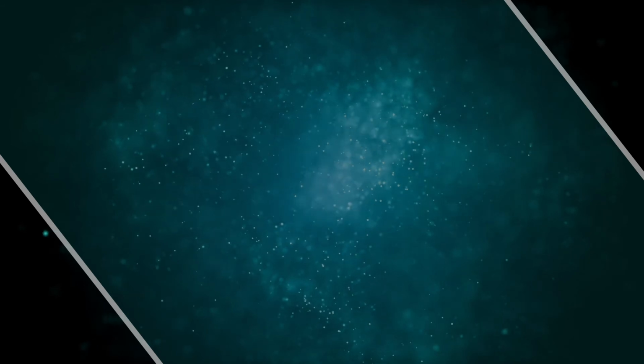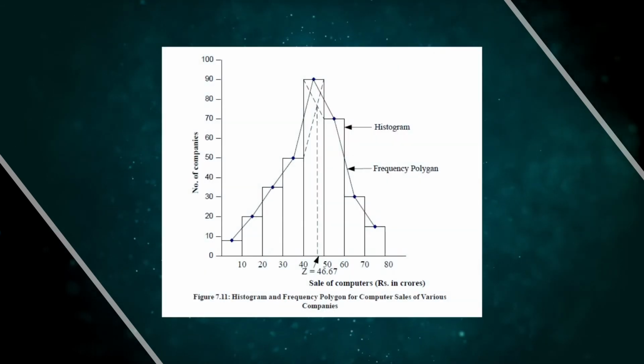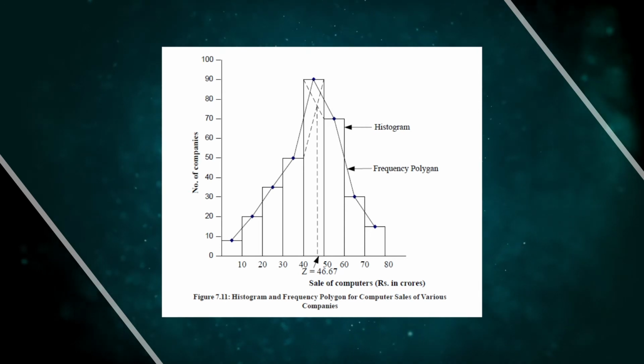You have a variety of ways, and if you see this particular image, you will find that the histogram is this and the frequency polygon is this. First we plotted the histogram, and after plotting the histogram we took the midpoint of each bar and then plotted a frequency polygon. The bars are the histogram, attached to one another, whereas the frequency polygon is just the midpoint of each bar, with a dot as the representation, and gradually we have seen how we plotted this.